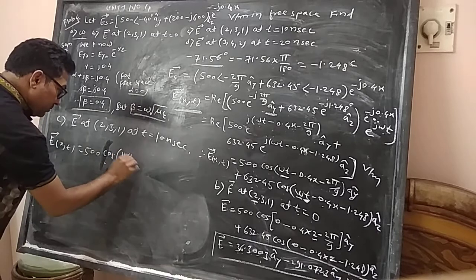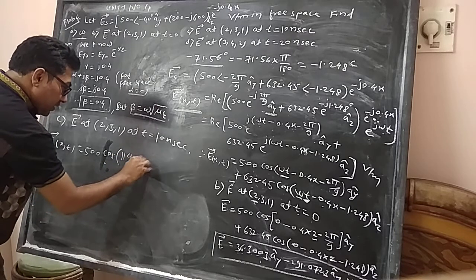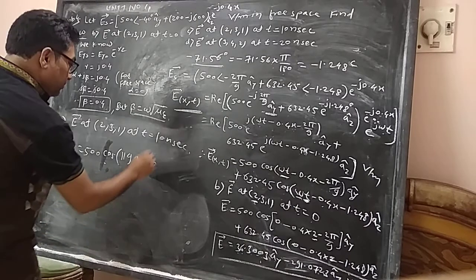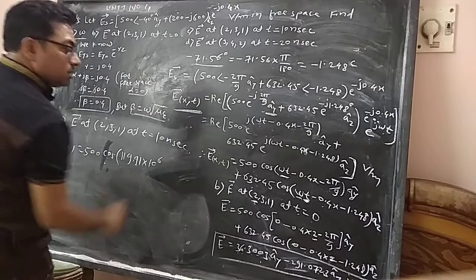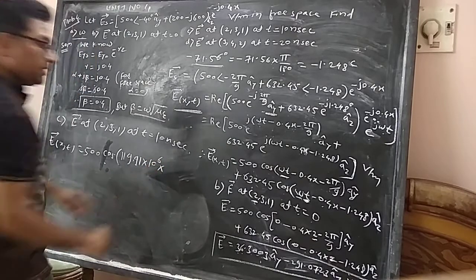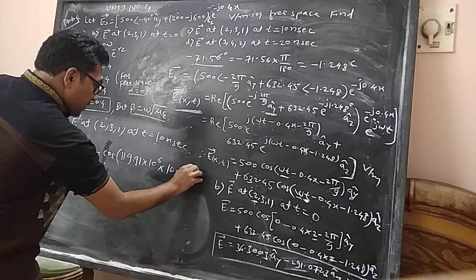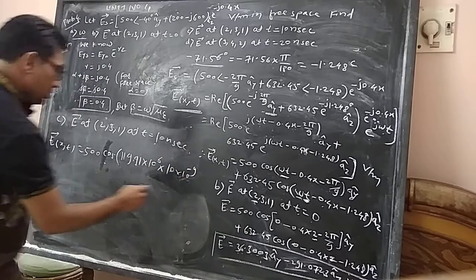So E vector of x comma t is 500 cos of 119.91 multiplied by 10 raised to power 6, multiplied by the time t, 10 into 10 raised to power minus 9,